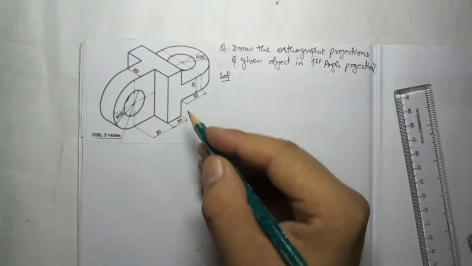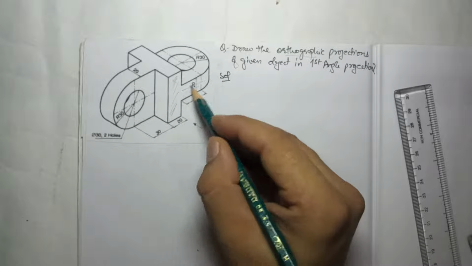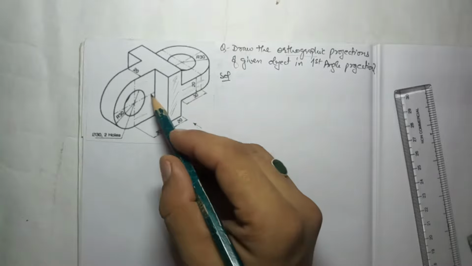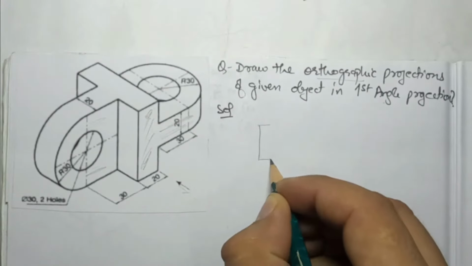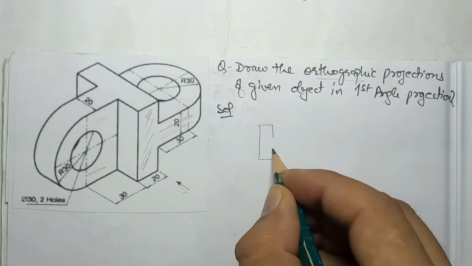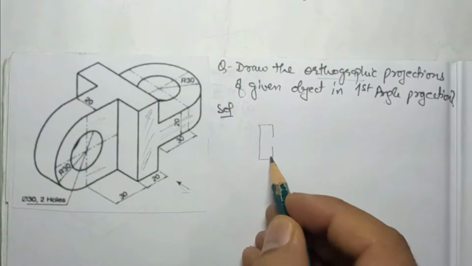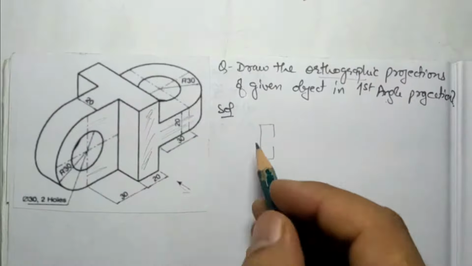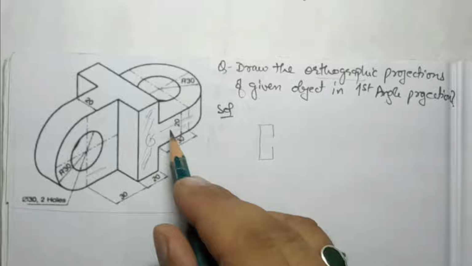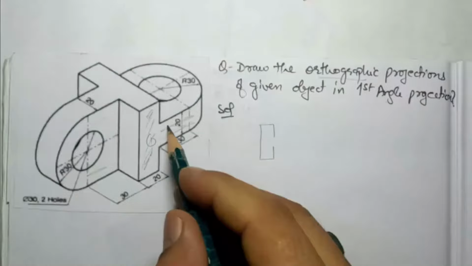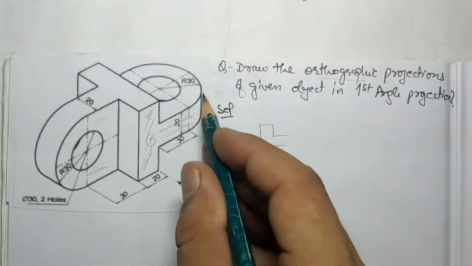If you see from this side, you can see this surface, then this surface and this one. Now I'm making just the freehand sketch. This is the main part. If you can make the freehand sketches correctly, then it will be very easy to solve the same with dimensions. One by one, this is the first surface I have drawn. Now what about this straight part? I will make a straight line here. Then after that, this is a curve.